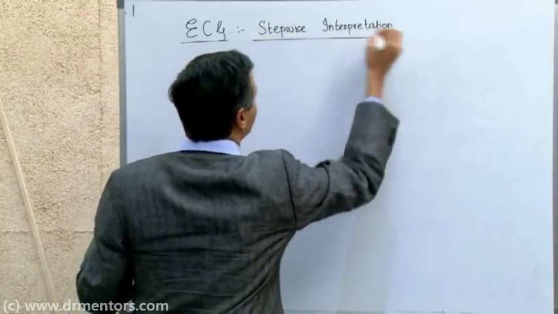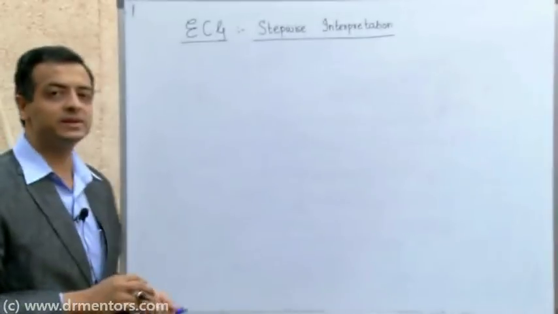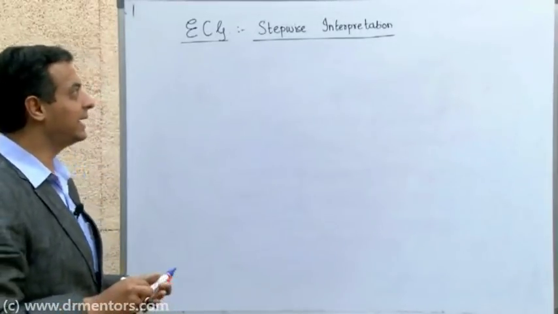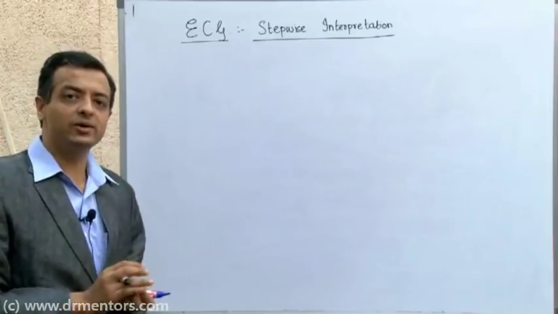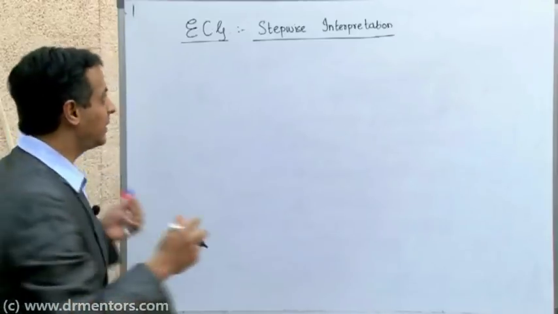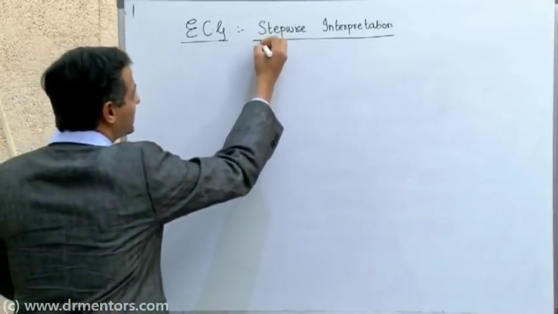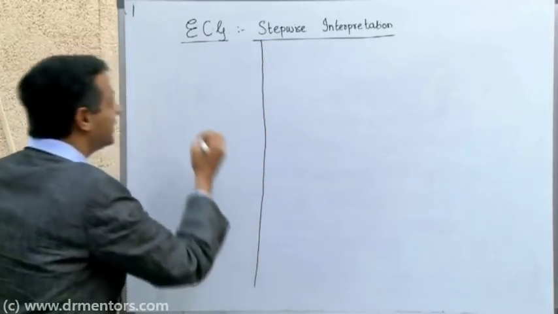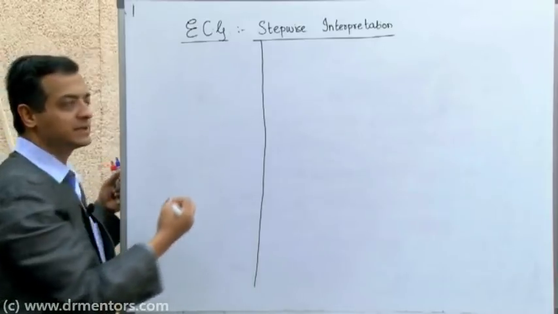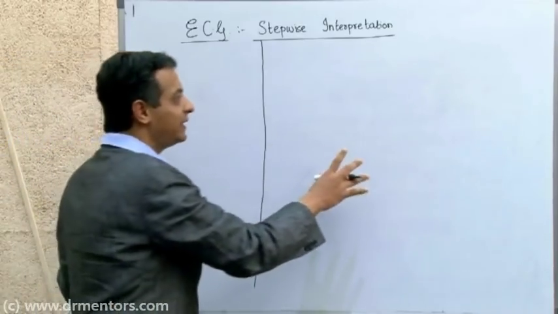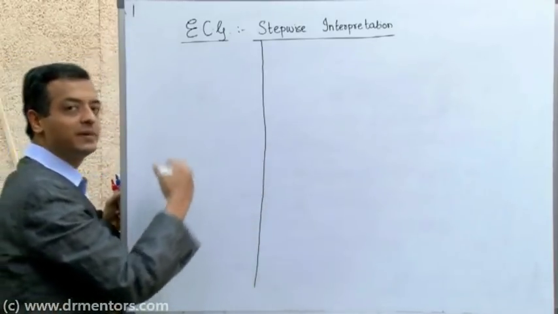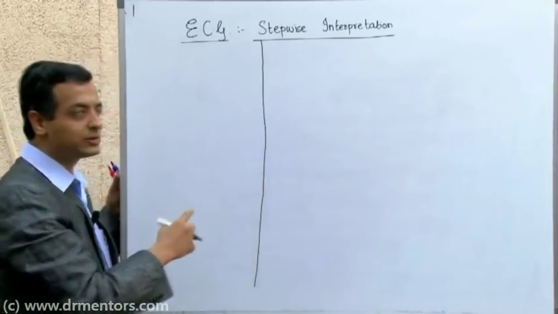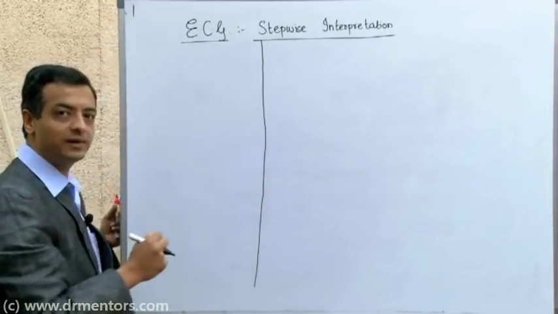It is extremely simple, and as you go along, you will identify. It is easy to note the ECG. So what we are going to do, we are going to make a small column here. On this side of the column, we are going to write the individual steps that we will do, and then we will discuss them, come back to the table, discuss them and come back. So we have the entire list in front of us.